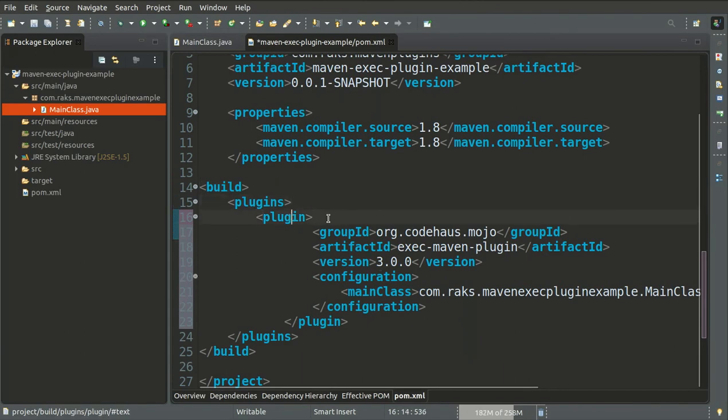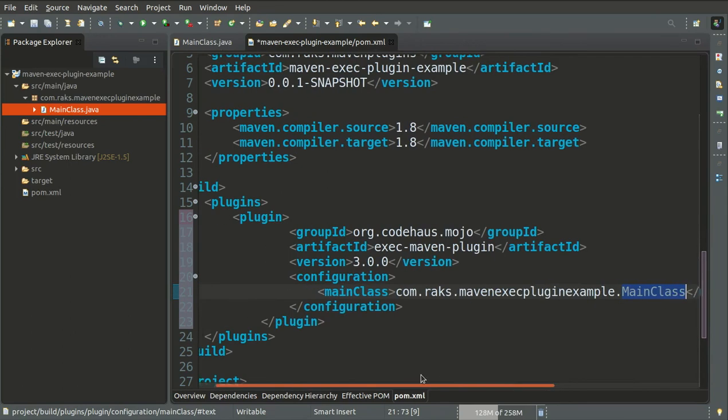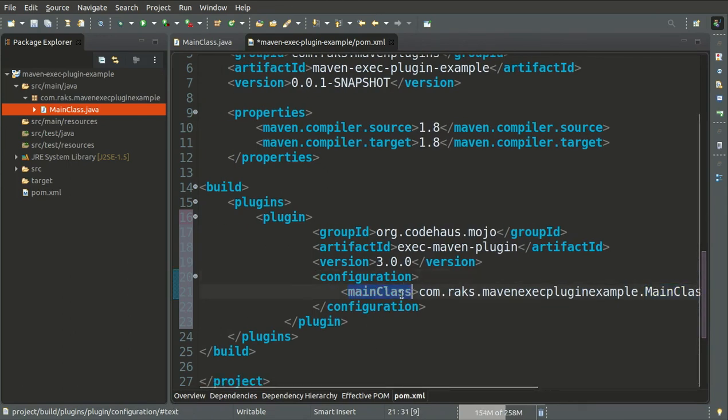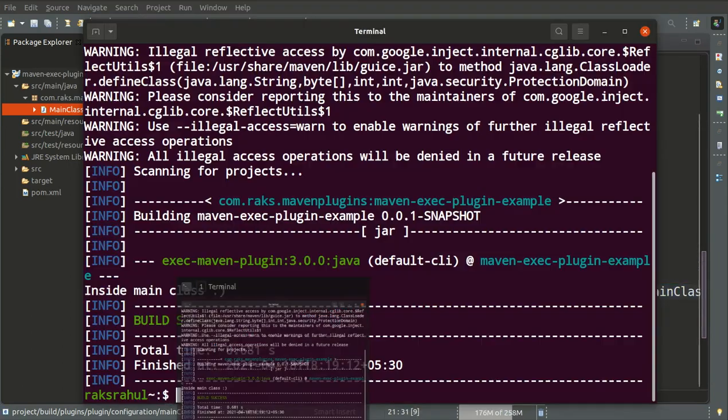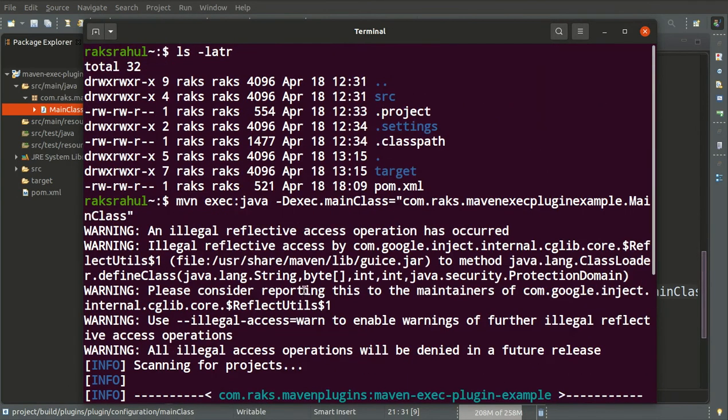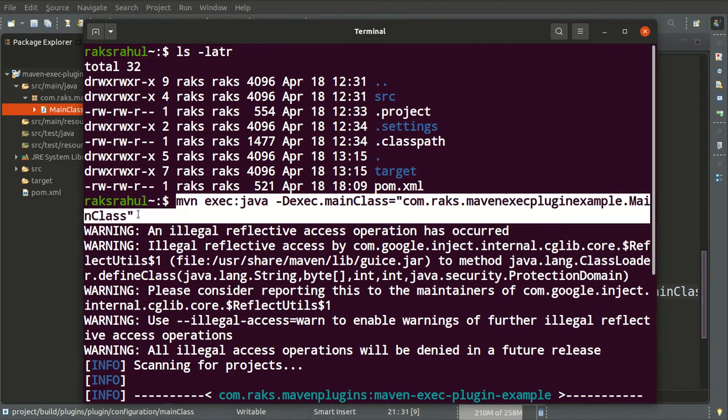I have used the Maven execute plugin, which is version 3.0.0, and here's the main thing. The mandatory parameter for this execute plugin, if you want to run a Java program, is simply a Java class, in our case the main class that was provided in the previous example.